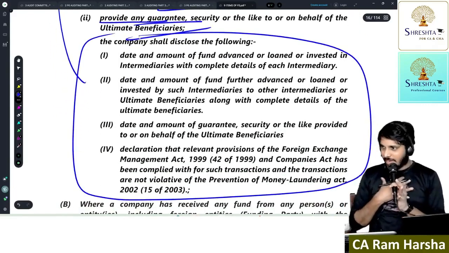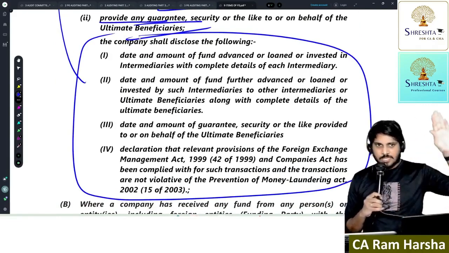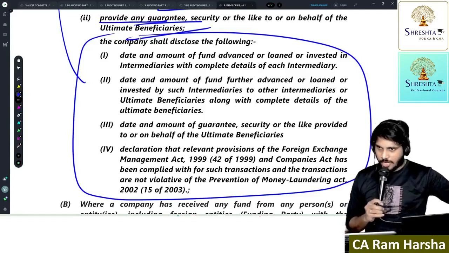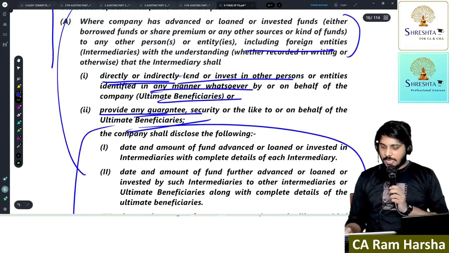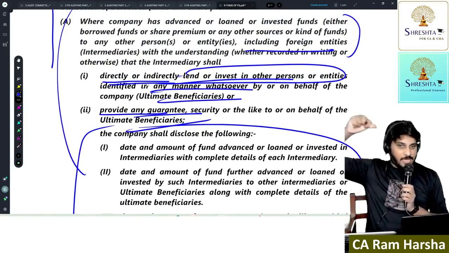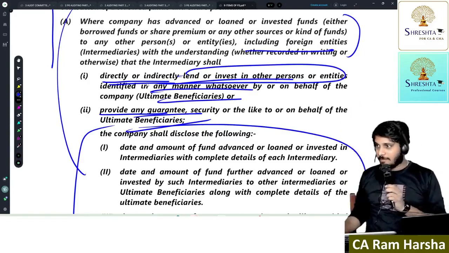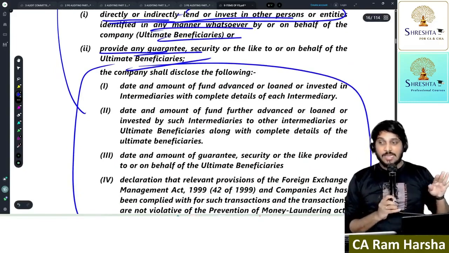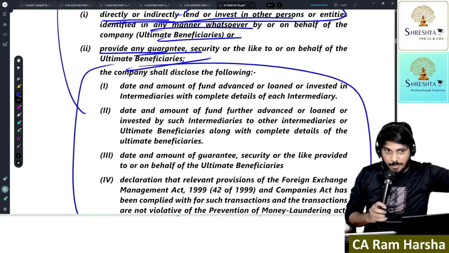When our company is the funding party, the funding party means our client. They have transferred some money to an intermediary, which may be a foreign entity. That intermediary is ultimately lending to another person identified by the funding party. So who is that other person? The ultimate beneficiary. Or the intermediary has given a guarantee to some third party on behalf of the ultimate beneficiary.